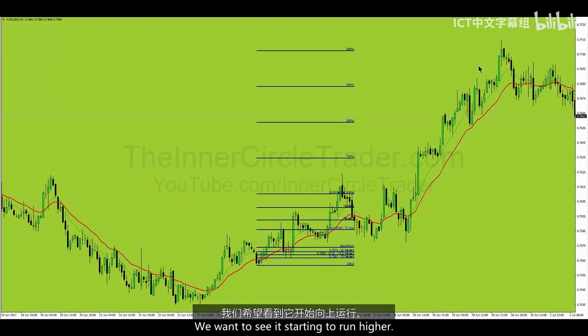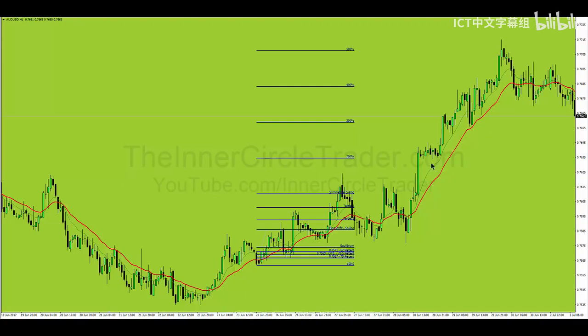We want to see it starting to run higher. So when consolidations occur, if we take that trade, we want to leave our stop loss in until we start leaving the consolidation. And then we can start trailing it up behind 2 swing lows from market action, and I'll explain that in a second. But taking a portion off here and then letting the remainder go, you can see how we have really nice extensions up here at the 500%, and then